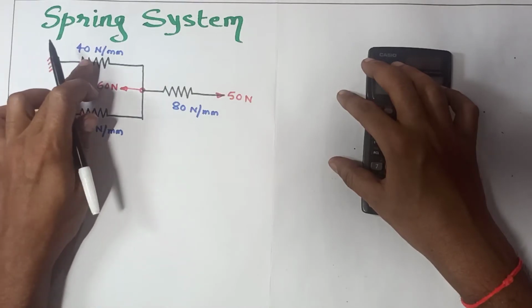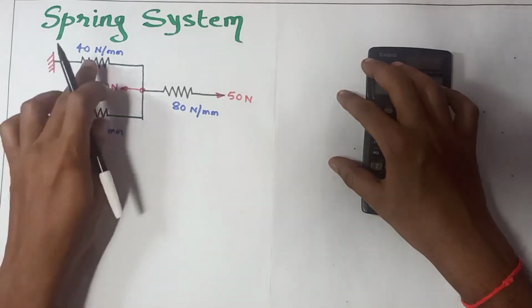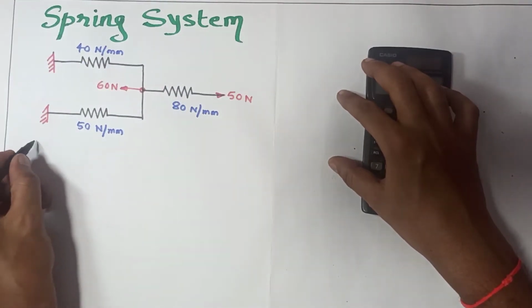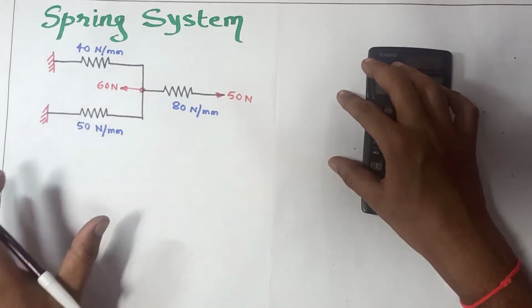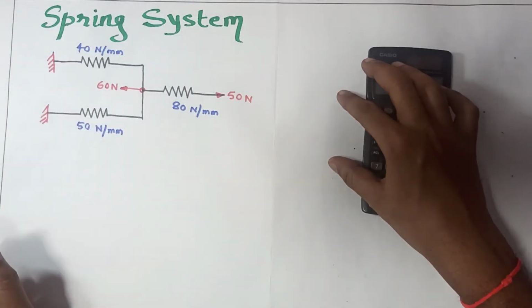These are the springs 1, 2, so K1, K2 and K3. So there will be 3 elements, and we can go for the first element. Then please watch the second method, that is very important, because you can reduce the steps in the second method. Generally, we go for the first method using the finite element method.